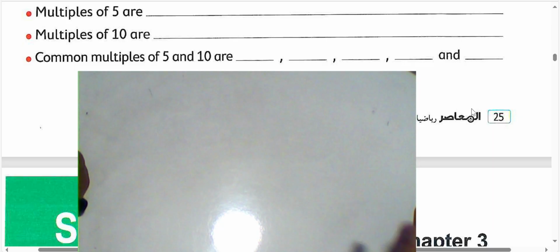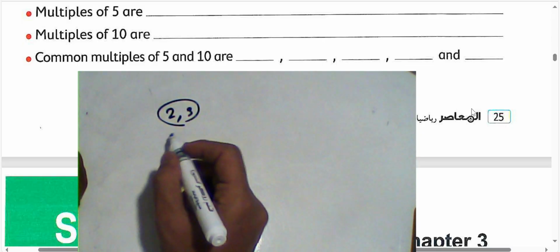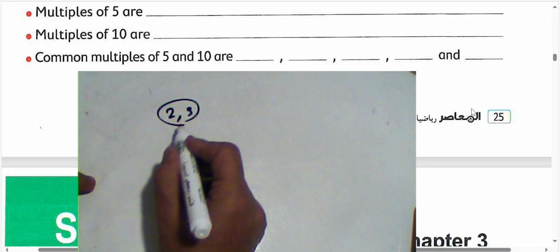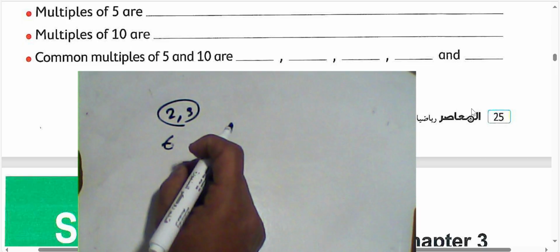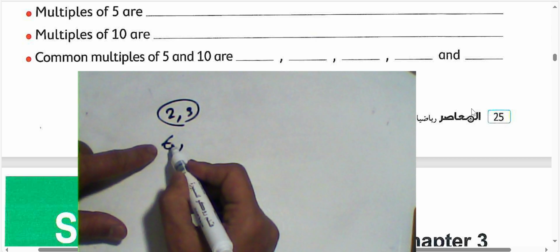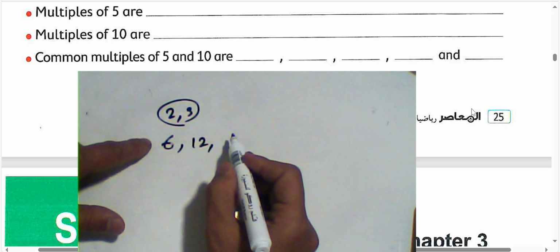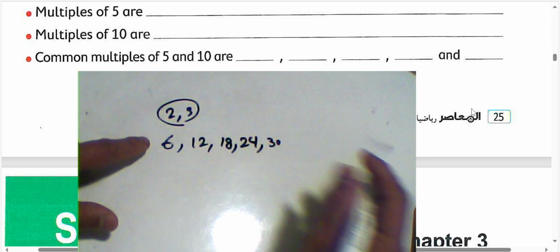Okay, and also we can find the least common multiple of two numbers, 2 and 3. The common multiples of 2 and 3: we can write 2 times 3 equals 6, because 2 and 3 are called relatively prime numbers. Then 6 is the least common multiple of the two numbers, and then we can find common multiples. Start with 6, 12, plus 6, 18, plus 6, 24, plus 6 equals 30. Okay,